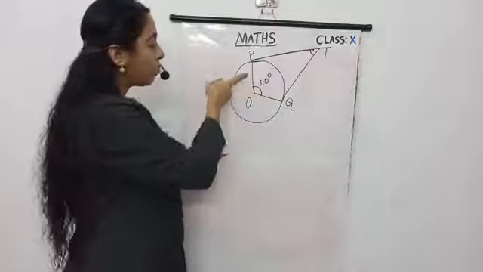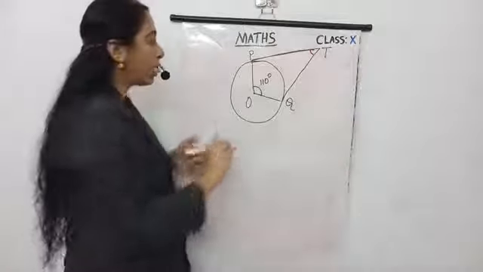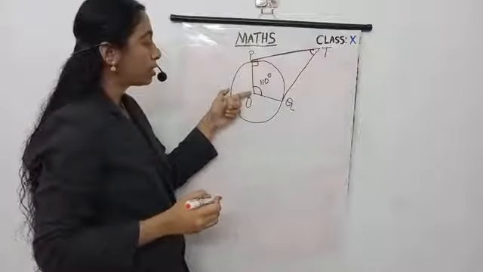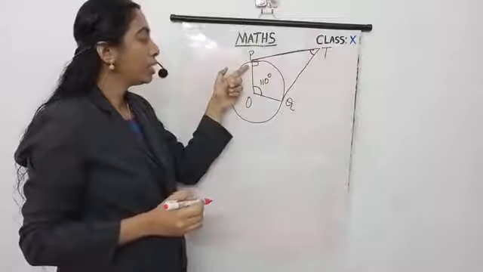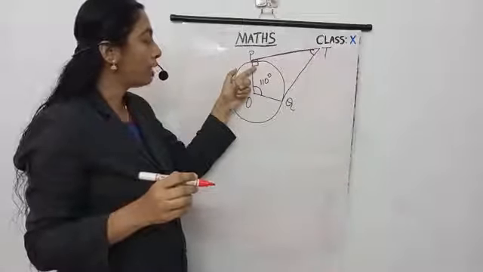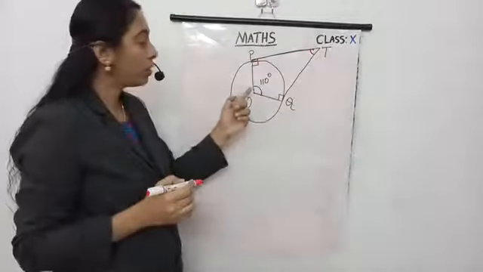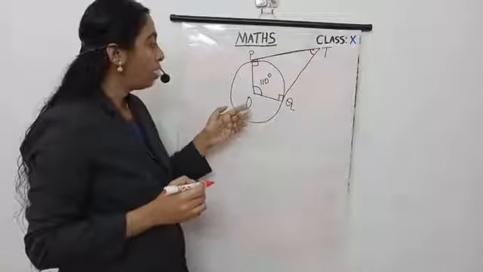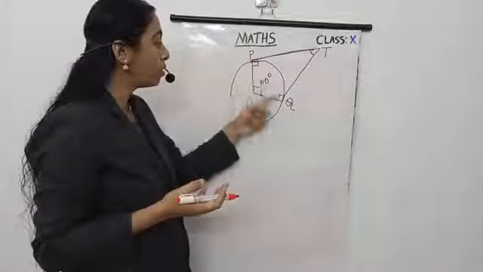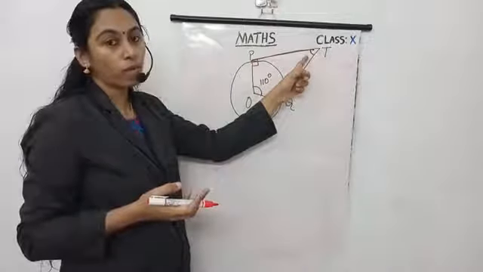Now look here, this is in the shape of a quadrilateral. How many sides here? 1, 2, 3, 4. So a 4-sided figure is a quadrilateral. Now consider this angle: the tangent and the perpendicular distance from the center are both perpendicular, meaning 90 degrees. So this angle is 90 degrees and this also is 90 degrees. So we have these two angles and this one also we know.